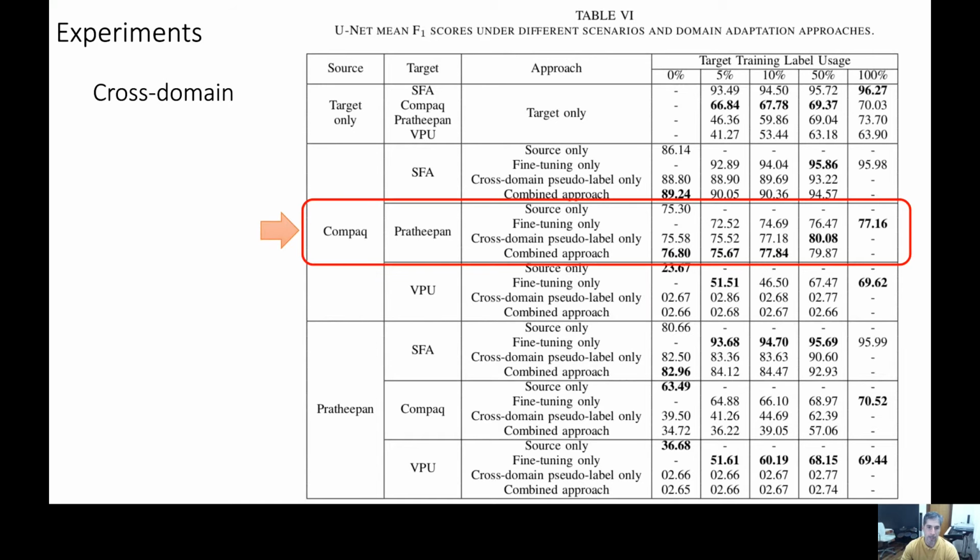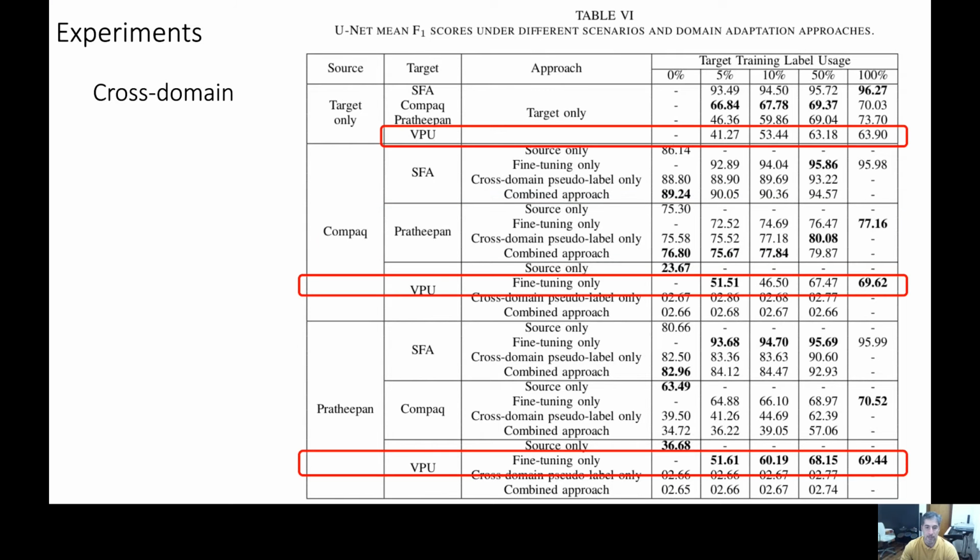Note that when using COMPAC as source and Pratheepan as target, the gain of the domain adaptation approach is very expressive when compared to target-only training. Domain adaptation methods got better results using any amount of labels on the training set, being the combined approach the best option in most cases. Using 50% of training data, our cross-domain pseudo-label approach was better than regular supervised training with 100% of training data.